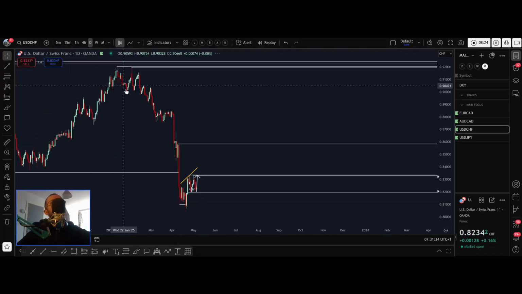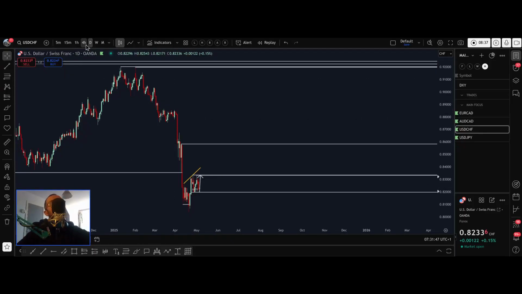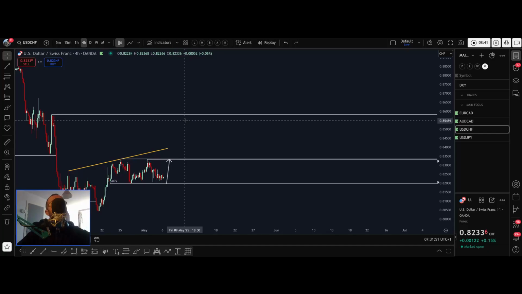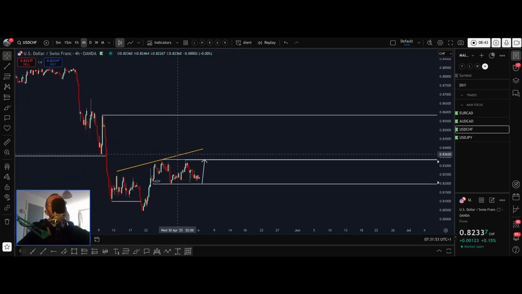If we just zoom in, you can see we have an impulse correction continuation. So this could just be actually volume accumulation to push higher, okay? Just the orders being collected down here. Another thing that it could be, something I observed last night when I was doing this, is that this correction is very wide relative to the impulse up which has preceded it, which means we